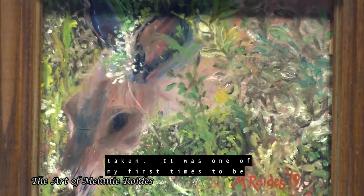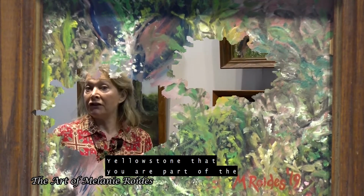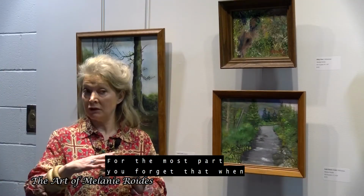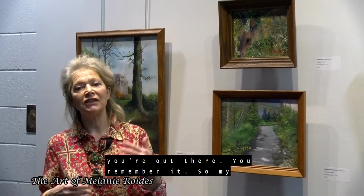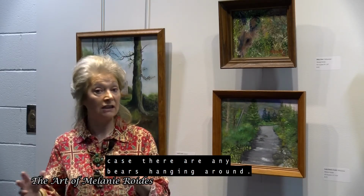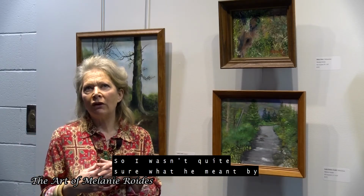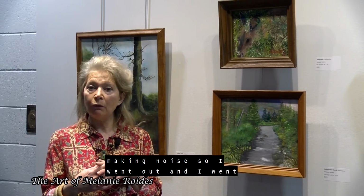And there's sort of a funny story, I suppose, about how that photograph came to be taken. It was one of my first times to be in Yellowstone, and you get bears there. You remember actually when you're in Yellowstone that you are part of the food chain for the most part. You forget that when you're out there. You remember it. So my husband said to me, when you go out of the cabin in the morning, make a noise in case there are any bears hanging around. So I wasn't quite sure what he meant by make a noise, so I went out and I went